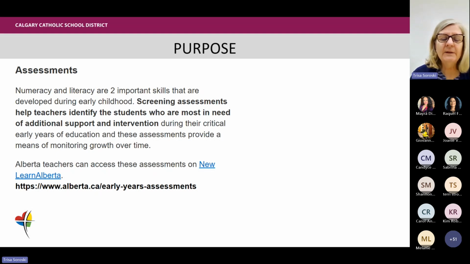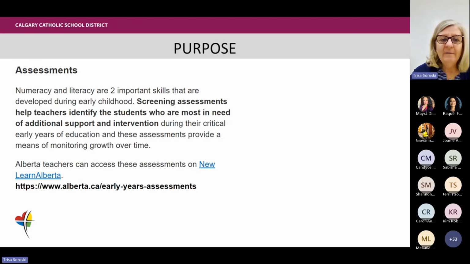These screening assessments are to help you as teachers identify the students who are most in need of additional support and intervention. This is not a PAT. This is not a final exam. This is not a reflection on you as a teacher. This is not a reflection on your school.